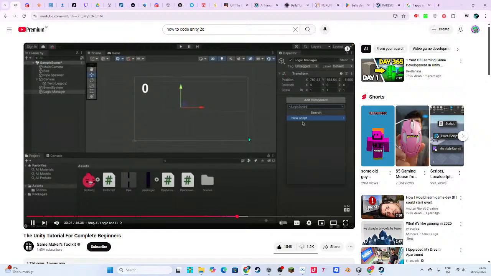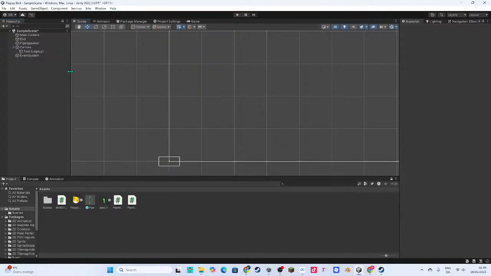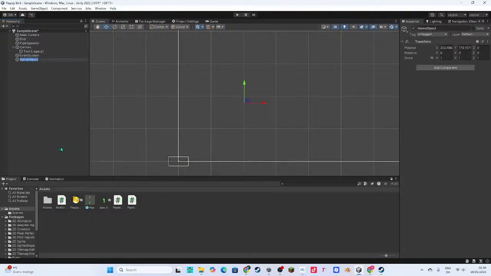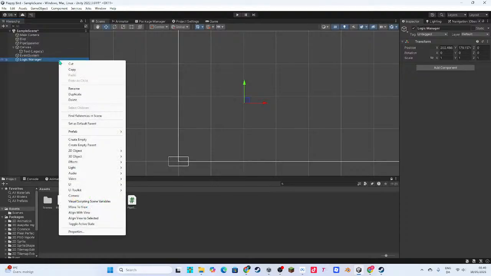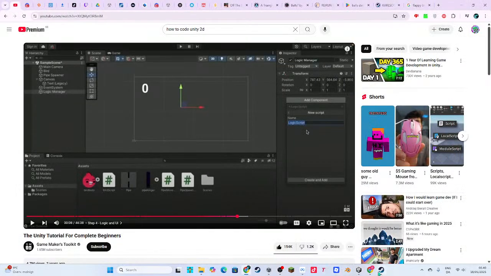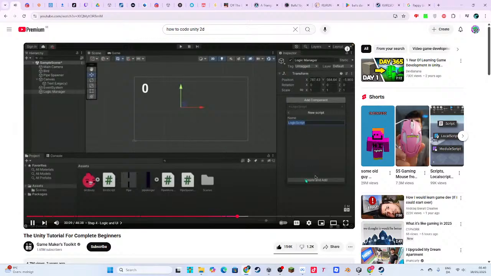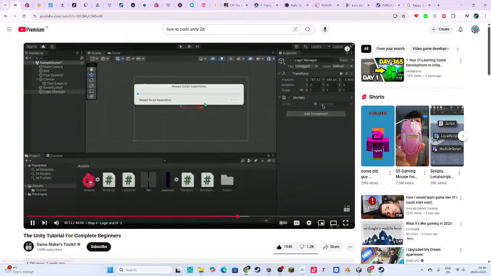This script is going to keep track of high-level information, like the player's score, and it will have various meta-level functions that we can run.